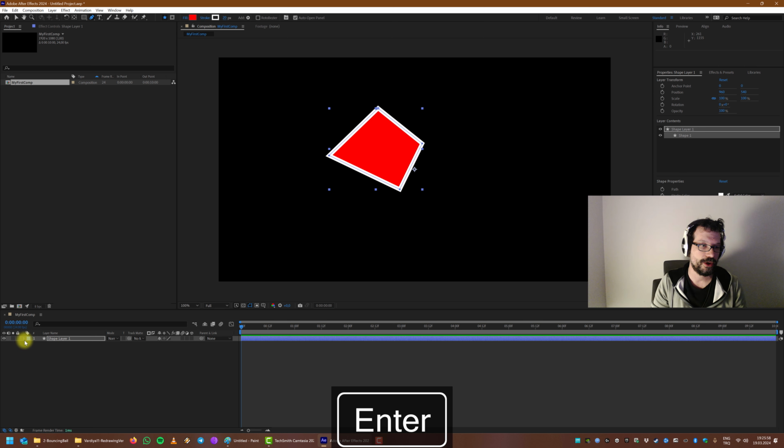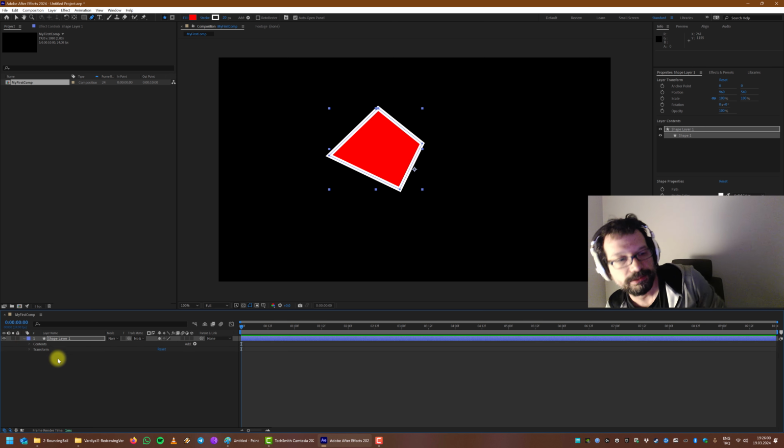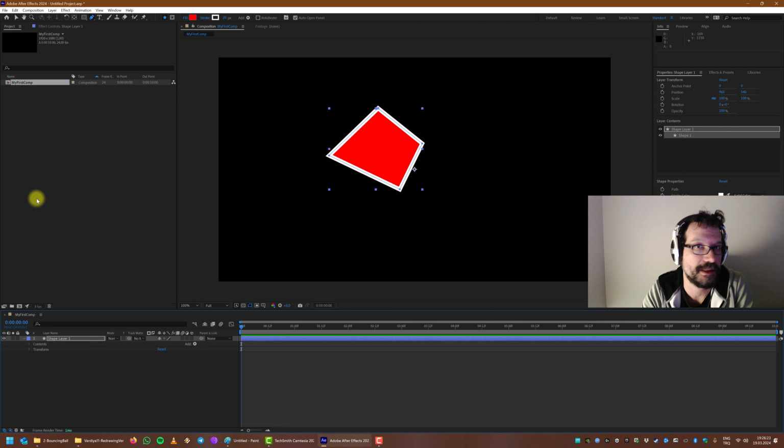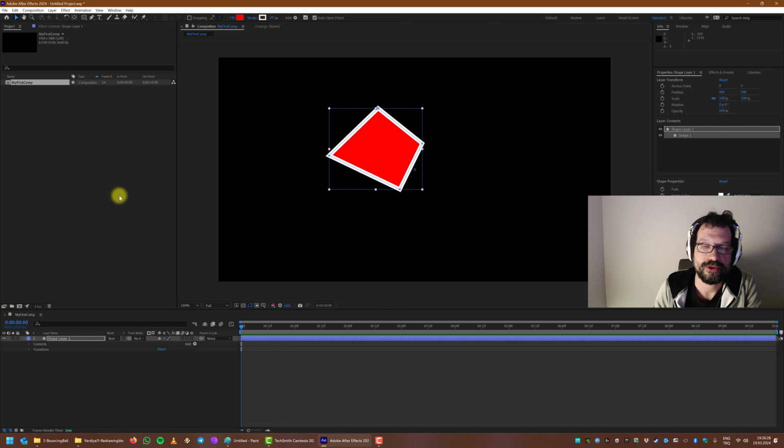And it has turned itself into a shape layer. Now, a shape layer will not appear in your project tab, because this is dedicated to this software only. It is not a referenced object, and it doesn't make sense outside of this area. So it can only exist as a layer. It cannot be exported as an object. A composition, on the other hand, has to exist in your project, because there's a very good trick in After Effects that you will use in the future as you're working on your project,